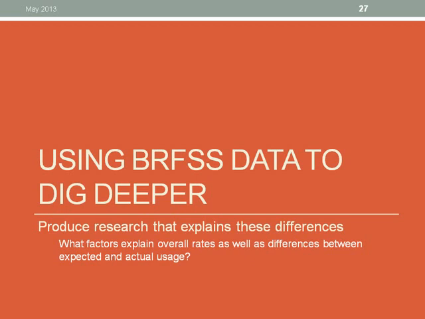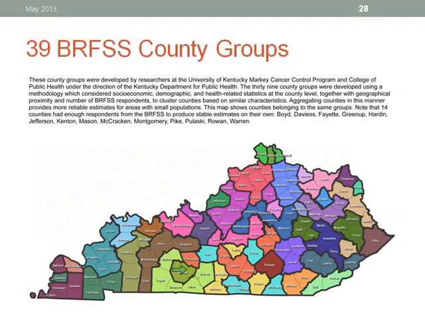Well, I wanted to use the BRFSS regions, and so a while ago, some folks here at UK at the Markey Cancer Center and in the College of Public Health worked with some folks in the Kentucky Department of Public Health